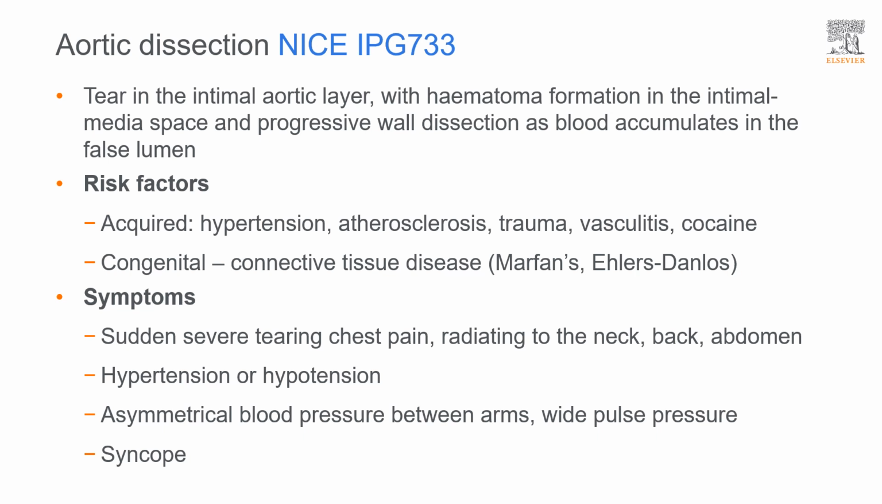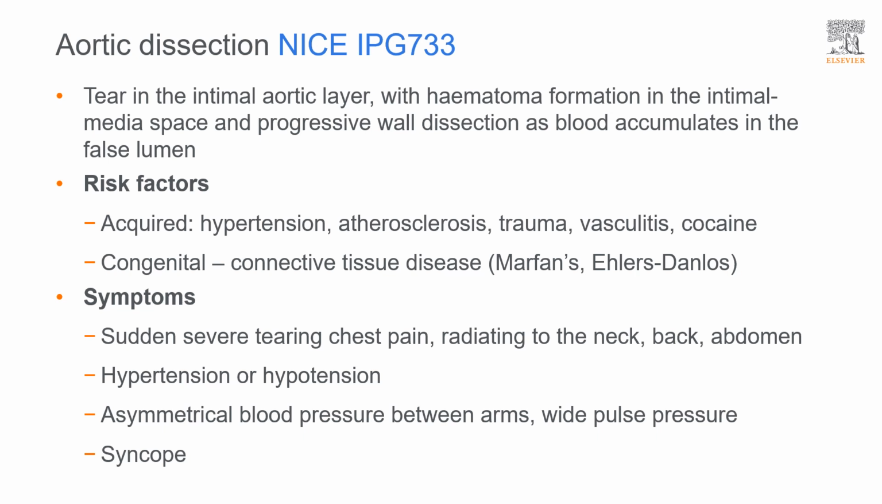Risk factors for aortic dissection include acquired risk factors such as hypertension, atherosclerosis, trauma, vasculitis, and cocaine use. Hypertension is the most significant risk factor. And congenital risk factors including connective tissue diseases such as Marfan syndrome and Ehlers-Danlos. Aortic dissection presents with sudden severe tearing chest pain which radiates to the neck, back and abdomen. Hypertension or hypotension,